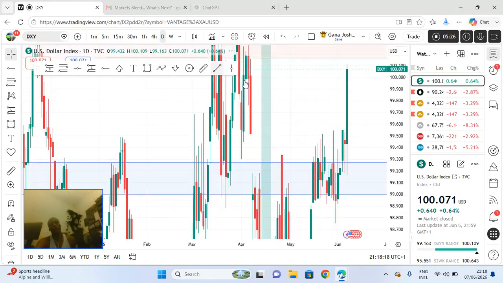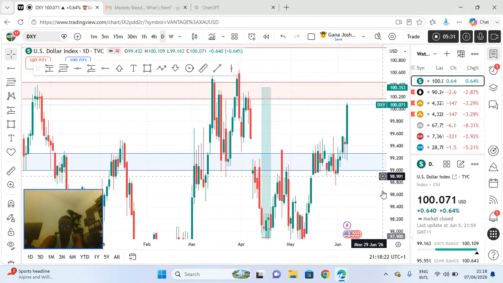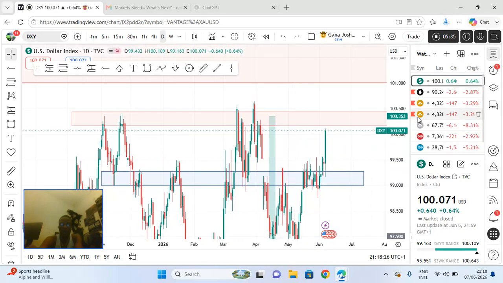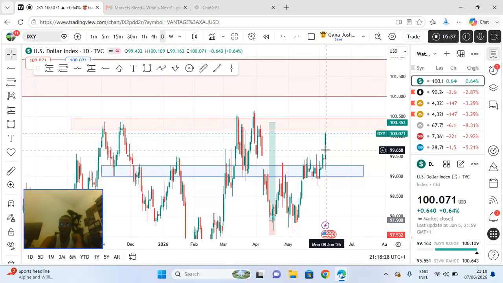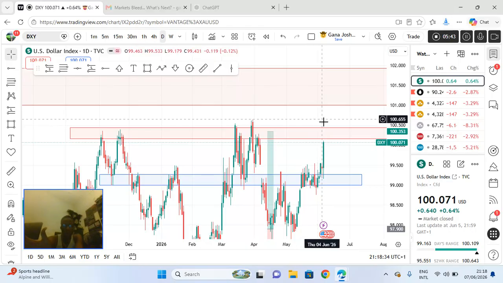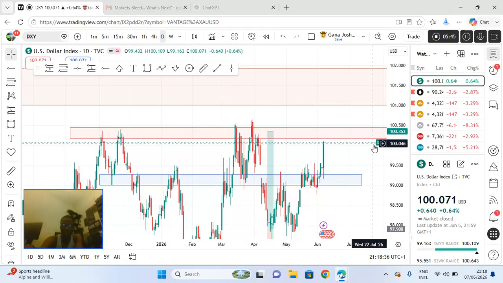So you see, that's why, for anybody wondering why we check the DXY, price is approaching the level of resistance. But anyhow, if this bullish momentum is what it says it is, there's a whole lot of liquidity here. So who knows? Until the market opens, we'll see.